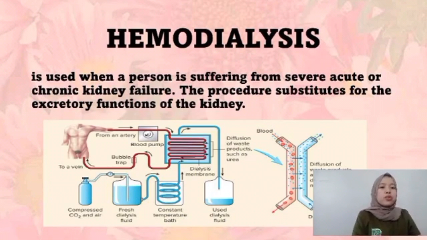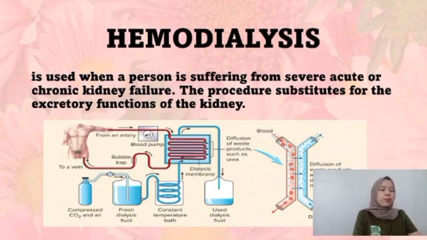It is called hemodialysis. It is used when a person is suffering from severe acute or chronic kidney failure. The procedure substitutes for the excretory function of the kidney. Hemodialysis is based on blood flow through tubes composed of a selectively permeable membrane. Blood is usually taken from an artery, passed through tubes of the dialysis machine, and then returned to a vein. As you can see in this picture, during hemodialysis, blood flows through a system of tubes composed of